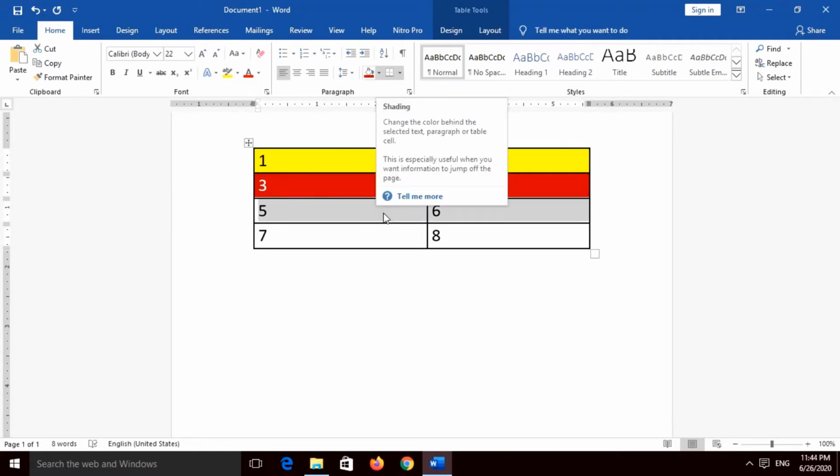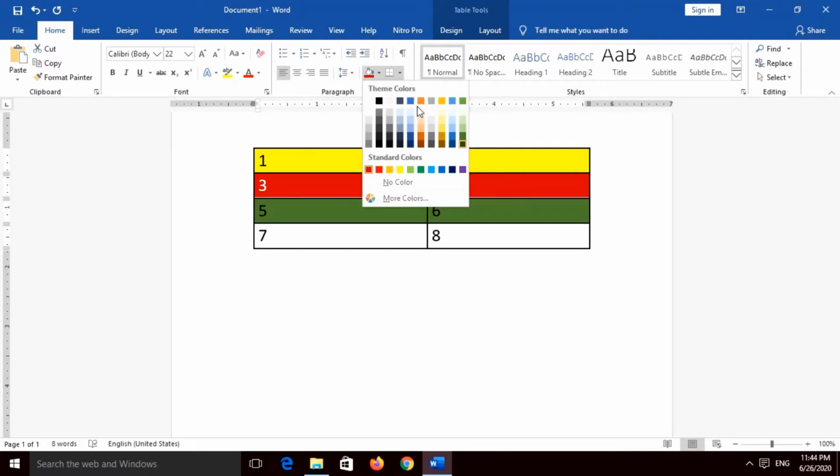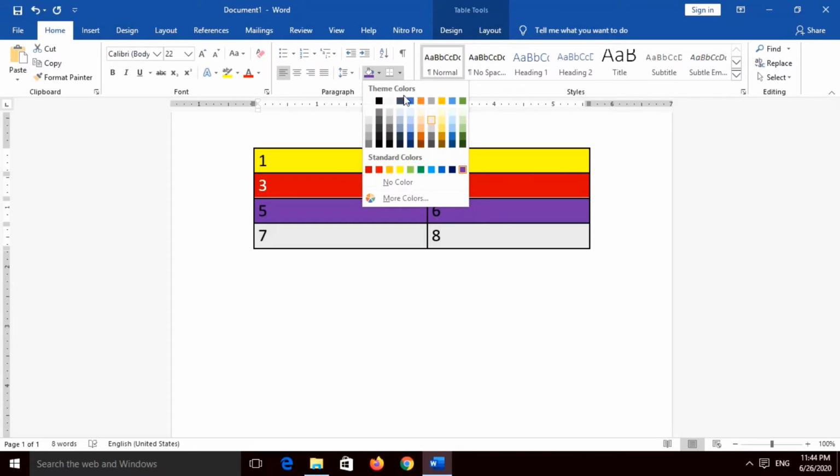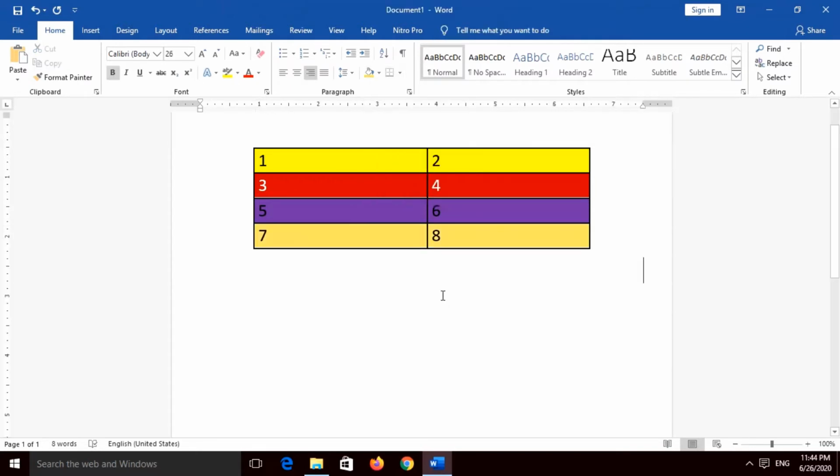Now this is the second row, that I just colored, combining the third cell and the fourth cell. Same way, this can be said as the third row, combining the fifth cell and the sixth cell, and this last one can be said as the fourth row.